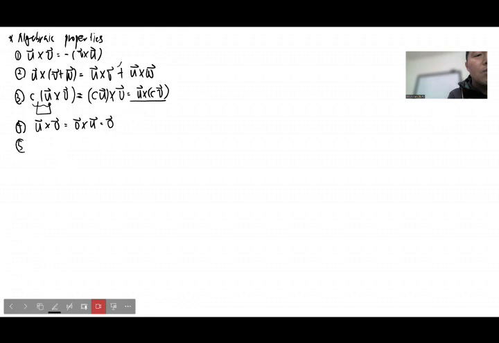Number 5, now I already mentioned, if you cross product the same vector, that results in a 0 vector. Number 6, and now you have dot product of the cross product, the resulting vector out of the cross product, then that should be the same as